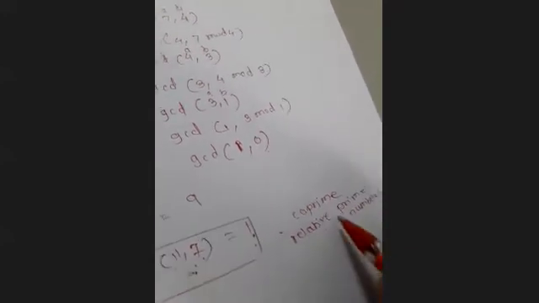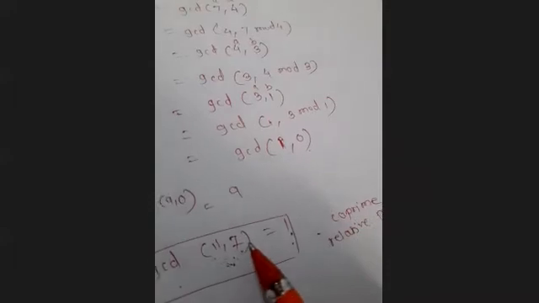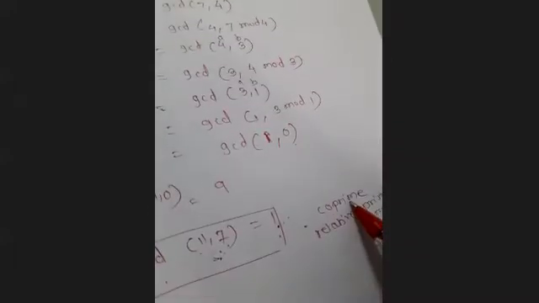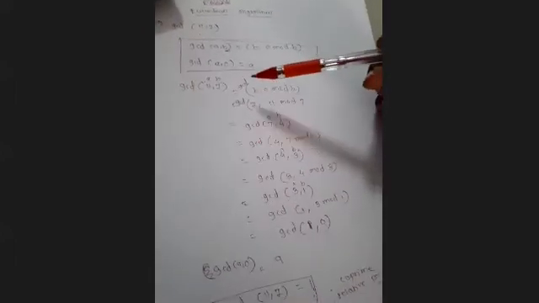What is meant by this? When the GCD of the numbers present here is 1, then and only then we call those numbers co-prime to each other. So this is one method, using the Euclidean algorithm, to calculate the GCD of two numbers. Now there is one more method, the table method. I hope you are sitting with your notebook and pen. Please note down everything. Let us take one more example, calculating GCD using this different method.